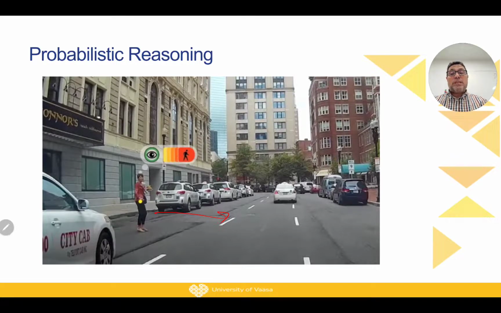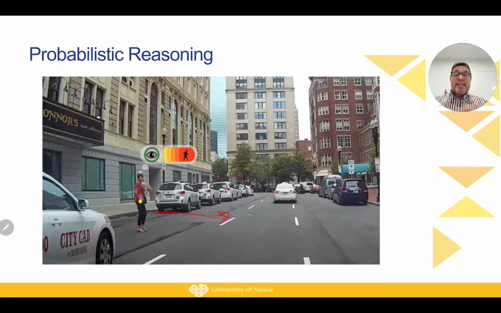Of course, some people take into account that even if the car is quite far away, it might be a not-so-good driver, so it might increase its speed, or, if it is an old person, he might get some problem in the middle of the road. So you can see that we have a lot of possibilities here, and we cannot take everything into detail, but as humans, we think naturally in this way.